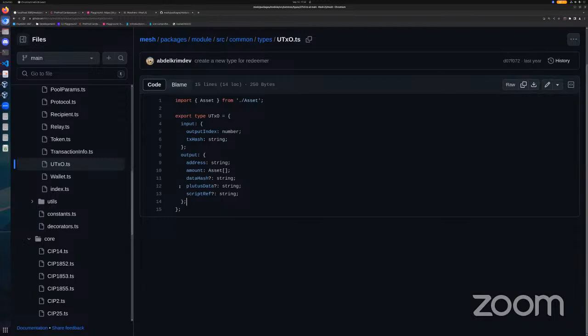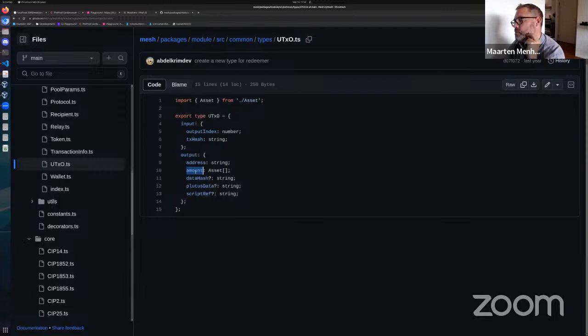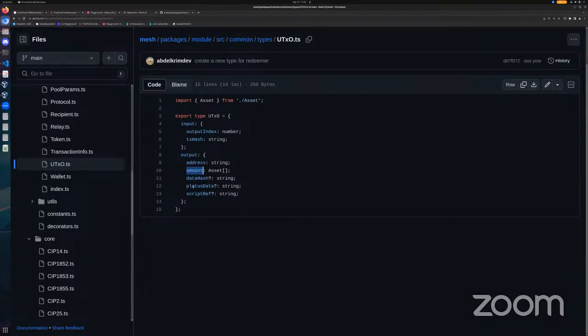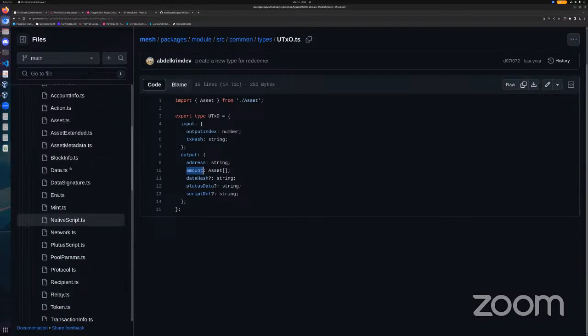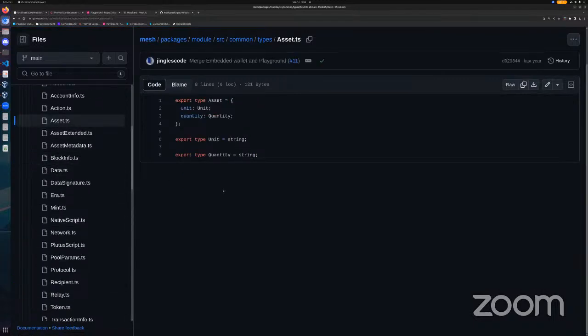But you know that every UTXO has a TX hash and an index, as you can see on lines 5 and 6. And you know that every UTXO is owned by one and only one address. That's line 9. Right? It's got some assets in it. And maybe that's all. Yeah. Now, what's an asset? Let's go find that in the types as well, because you see on line 1, the asset type is an input.